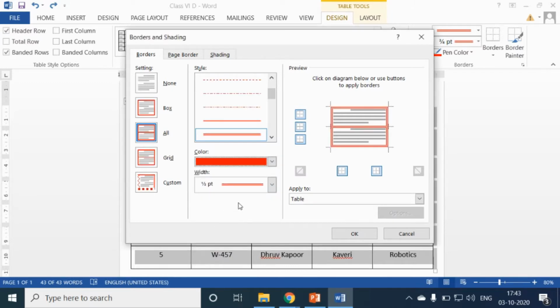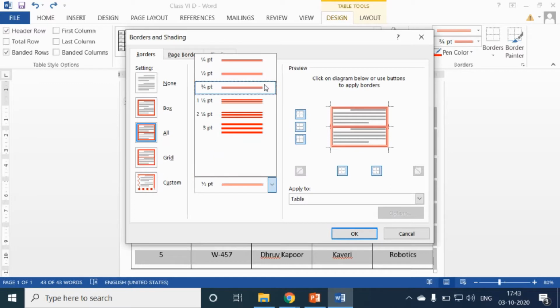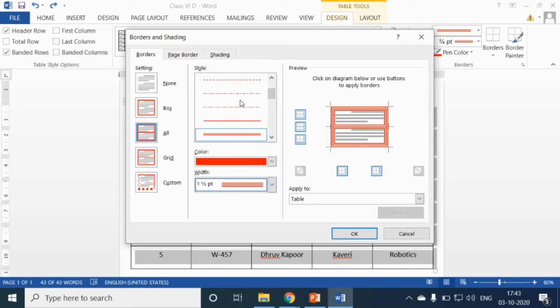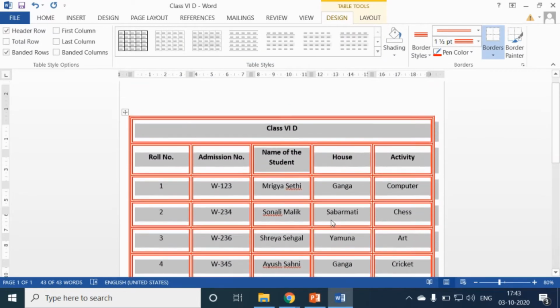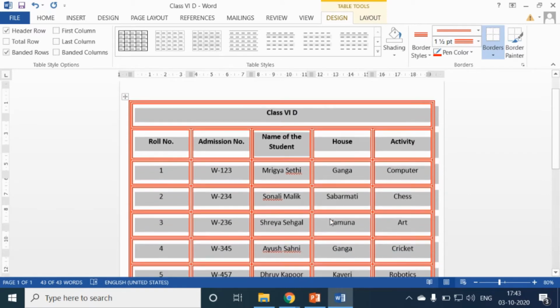Here I am selecting red color, and in width of border select the width of border, like here I am selecting this fourth option. Okay, students, now you can check the result of the settings applied by you in the preview area. This is preview area. Now click on the OK button. So you can see that our borders are applied on the table.